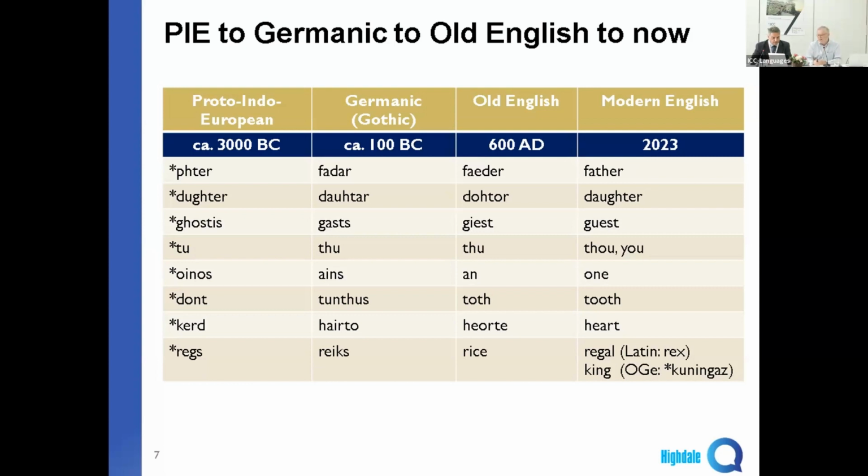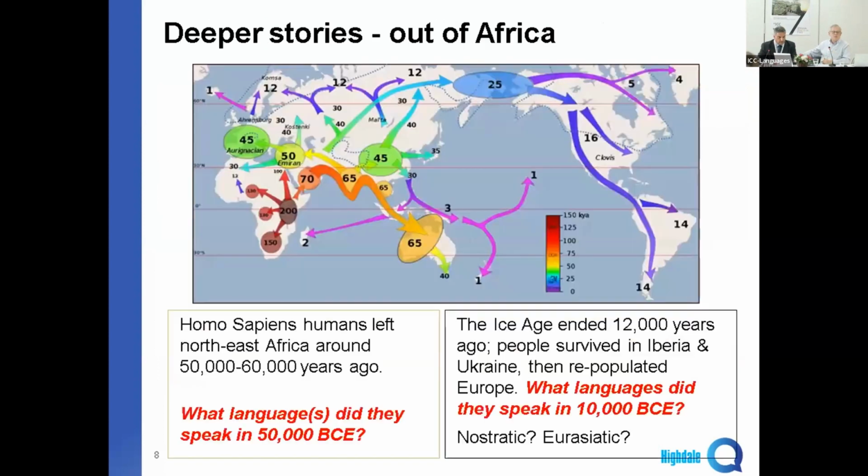The next line, 5,000 years ago, daughter was Dochter. 5,000 years ago, guest was Gostis. You see the pattern. These words have not changed very much. Some have changed an awful lot, some not so much. This can be really interesting for students. You can get them to gap this. You can get them to try to match the old word with a new word and to gain some new knowledge about the history and the positioning of the language that they are in, depending on how much time you have and whether you do this as a 10-minute slot in a series of lessons, or you do 2 or 3 lessons for advanced students as a kind of project.